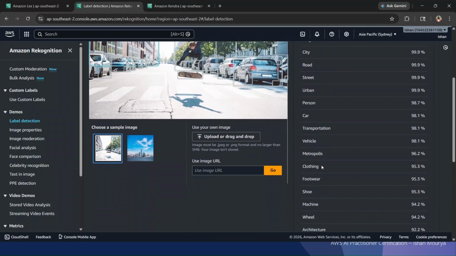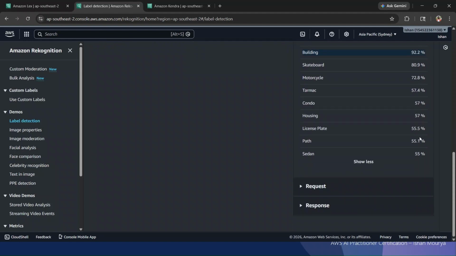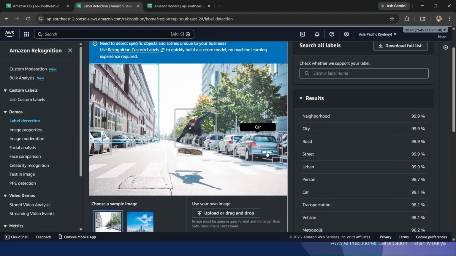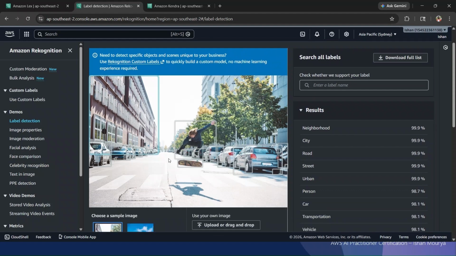It will give you all the labels in here, with a confidence score as well. The confidence score is how confident it is that this is a person. If you can see here for the person, the score is like this. Mostly the score would be good unless there is something which it cannot detect properly, like the license plate at 55%. You can see the license plate is a little bit blurred, right? So it will give you the confidence score. And normally a 90 plus confidence score is a good one. Okay, so label detection is there